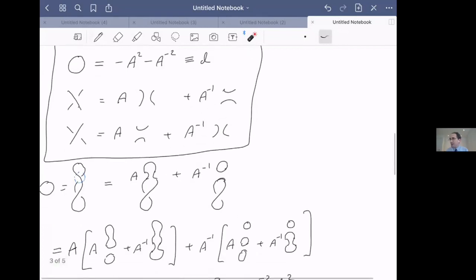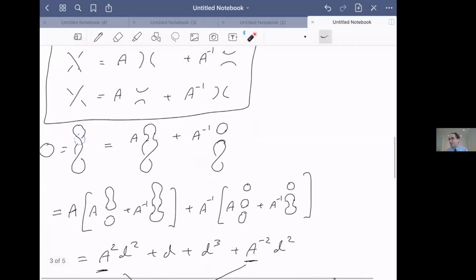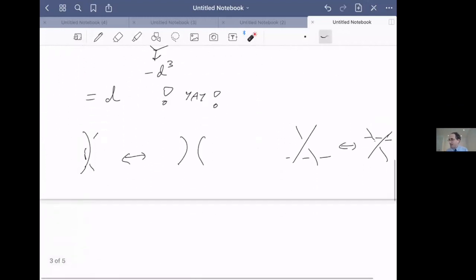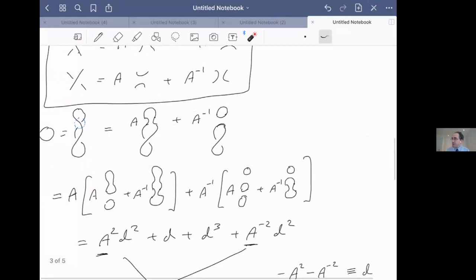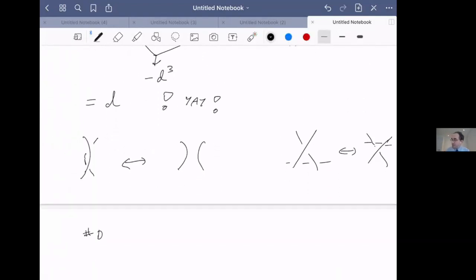Now, if you think about it a little harder, you'll realize it's maybe not as useful as I suggested. Why? Well, this particular knot we started with had two crossings, and we ended up with 4 diagrams. If it had 3 crossings, we would have gotten 8 diagrams. If we had 4 crossings, we would have gotten 16 diagrams, and so forth. The number of diagrams is 2 to the number of crossings.